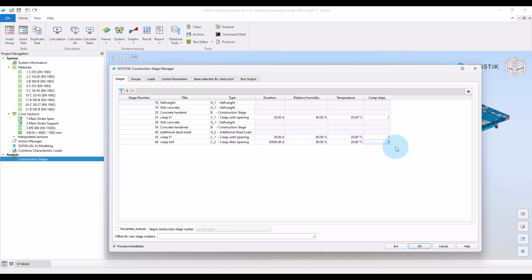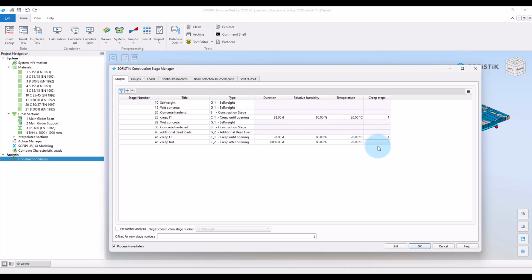The reason to divide a creep interval in several steps can shortly be summarized as follows. In a statically indeterminate structure, creep and shrinkage leads to a change in the internal forces, leading to a change of the stress in the concrete slab. The change in the stress in the concrete slab in turn affects the development of creep. In Sophistic, this overall effect is resolved by dividing the creep interval in several discrete time steps, as we have done now.